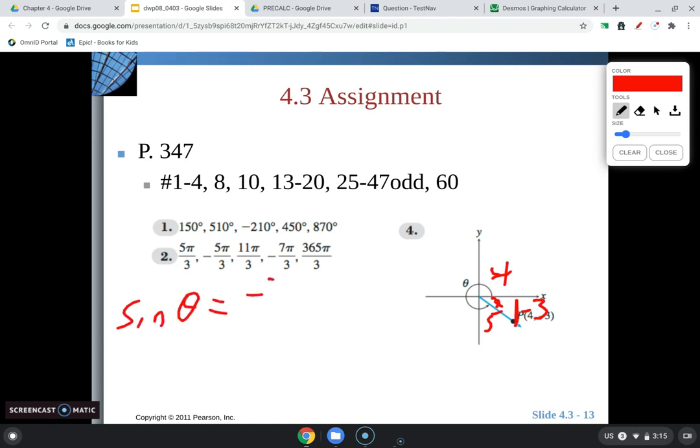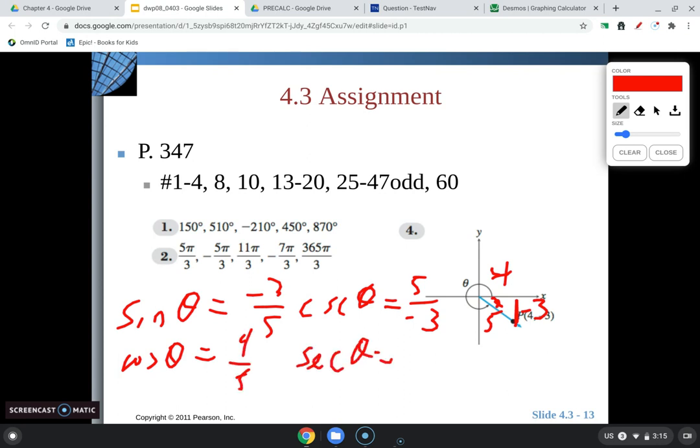Sine theta, opposite, -3/5, which means cosecant theta has to be 5 over -3. Cosine theta, adjacent over hypotenuse. Secant theta, 5 over 4. And tangent theta, opposite, -3 over adjacent 4. So cotangent theta is -4